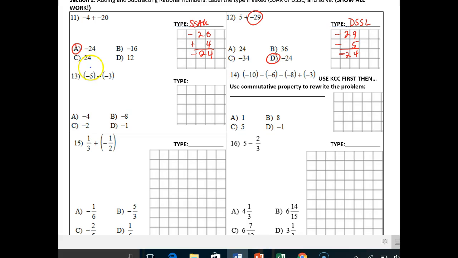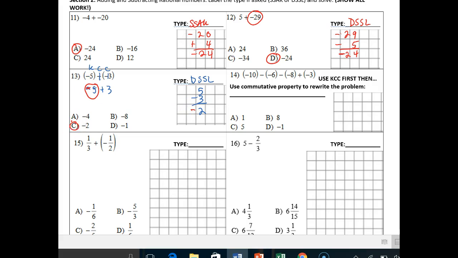Number 13, you need to use KCC first to get -5 plus 3. That left you with a DSSL problem, so basically you just did 5 minus 3. Your answer wasn't 2 though, it was negative 2, because again, you had more negatives than you did positives, so